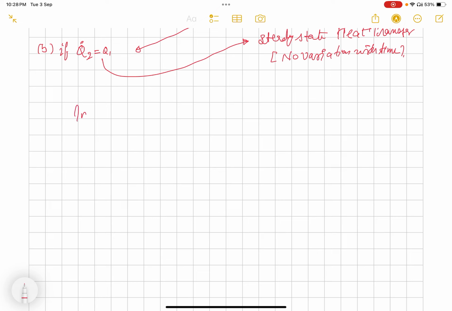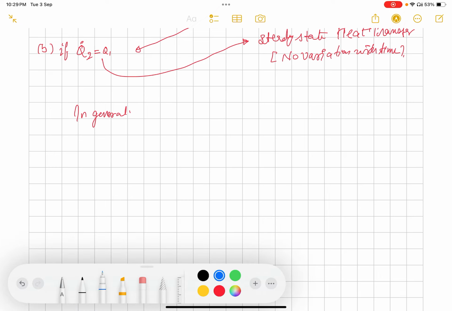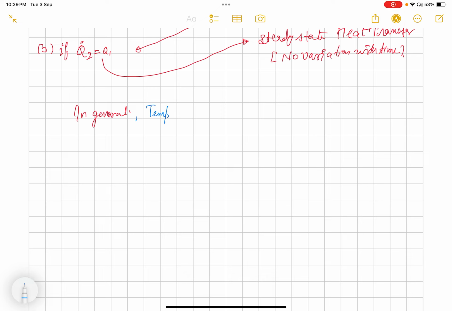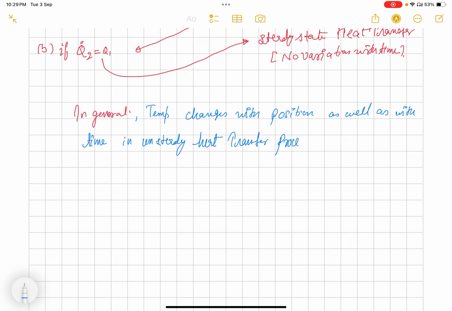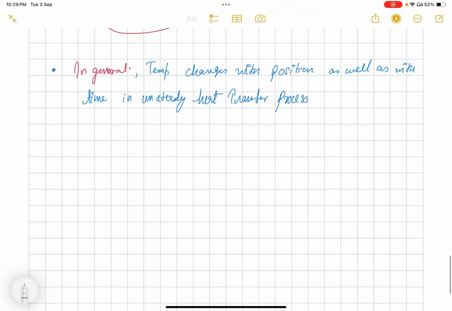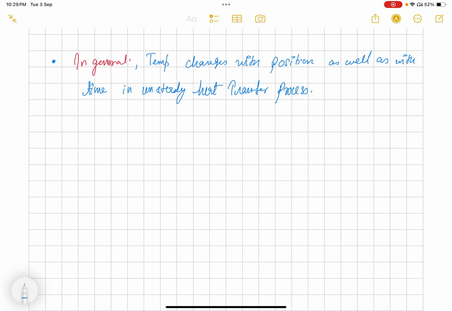In general, temperature changes with position as well as with time in unsteady heat transfer process. Unsteady heat transfer process, like